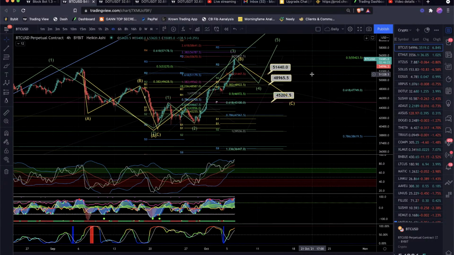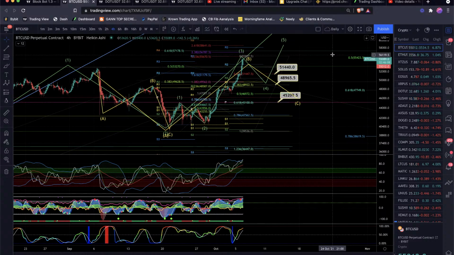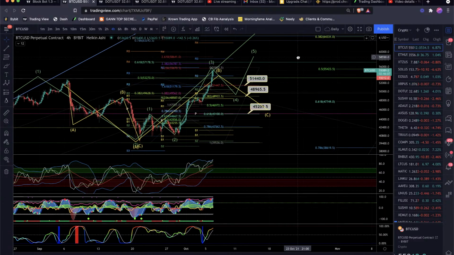But I think from a holistic view of the 100K run, and obviously from what I've covered, the 100K plus run, everything is intact. But all in all, guys, that is what I have. That's my quick analysis on some higher time frame projections, as well as some short-term ones.